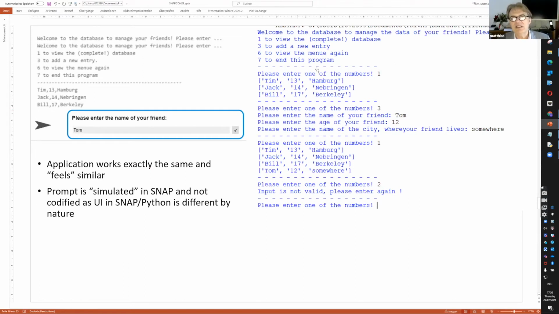So what you can see here is you have a prompt in Python. And then you have just an event loop and you just add some numbers, 1, 3, 6, 7, and then you can see the contents of a table. So very, very simple, the contents of a table. So you see a Tim, Jack, and Bill. And then you can add something to this table, a different number,